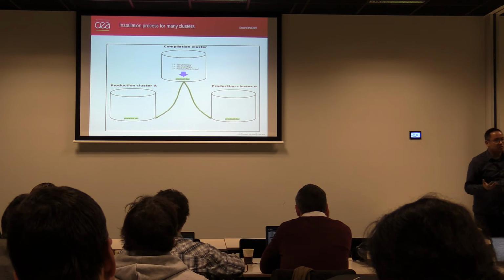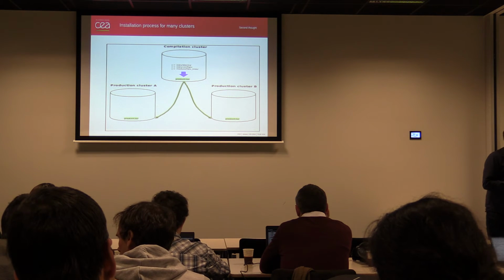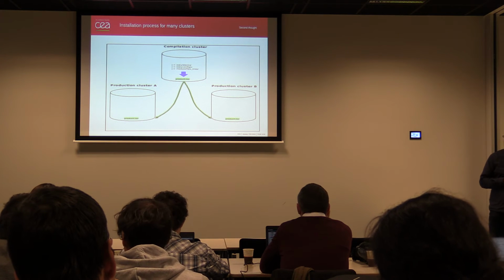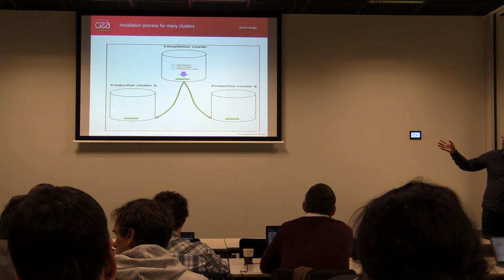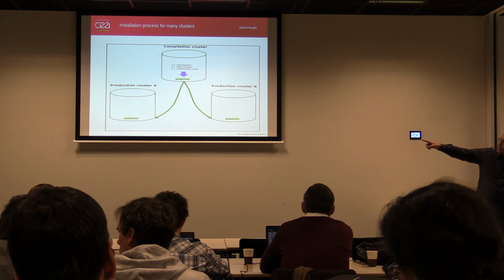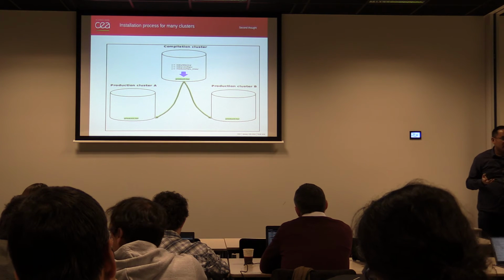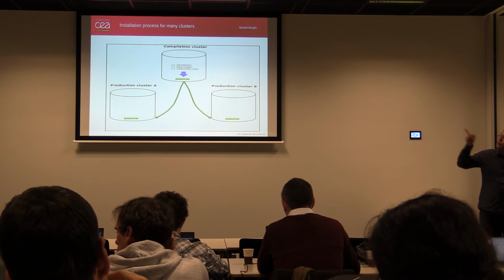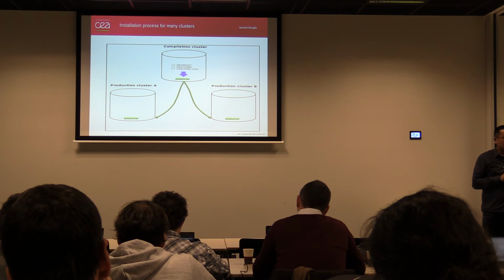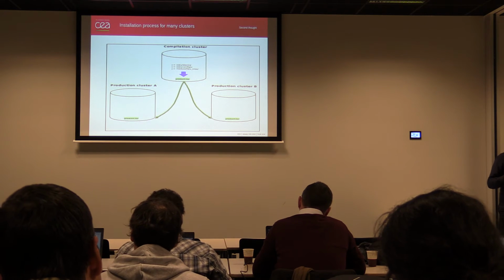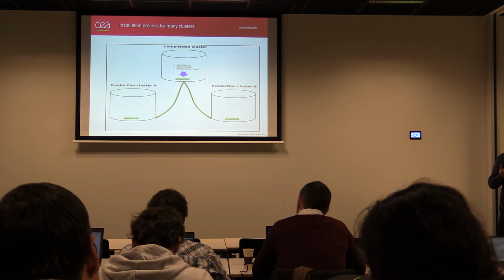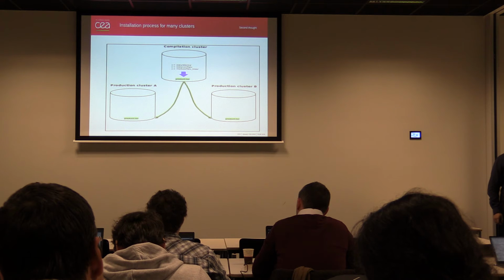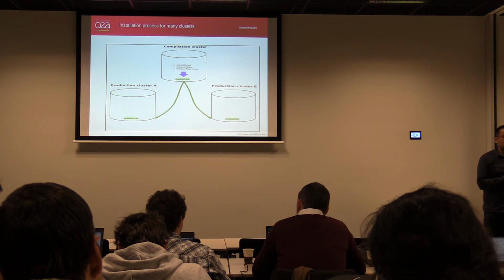But then we have another problem, like commercial products like Fluent, LS-DYNA, Abaqus, where the licenses are only on, for example, cluster A, and the licenses are not on the compilation clusters. So we have this kind of installation where we realize outside EasyBuild manually because of this problem of